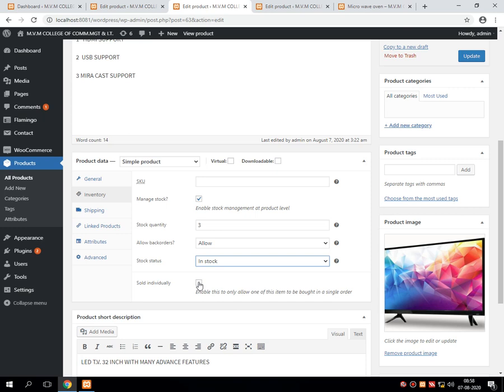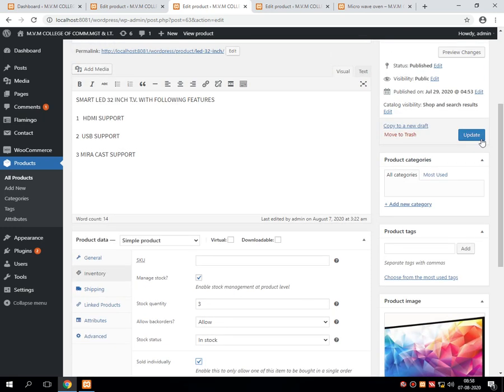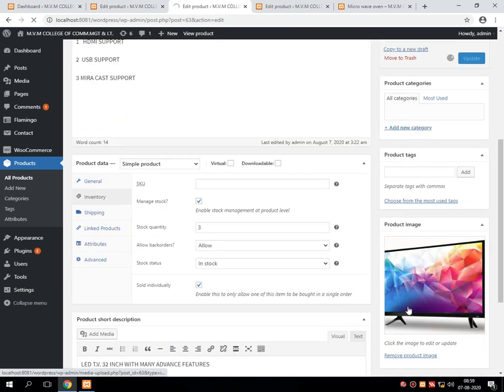And then I am selecting the last option, called sold individually, and I am updating the product. All these things I have done on this LED 32-inch television.